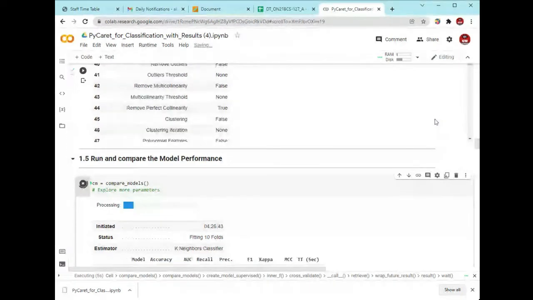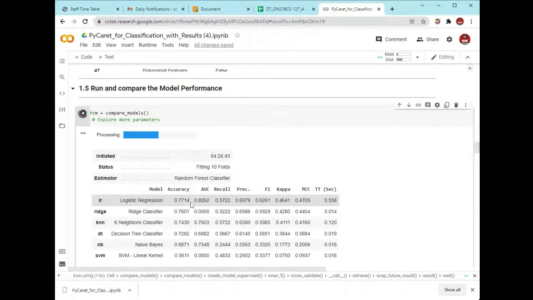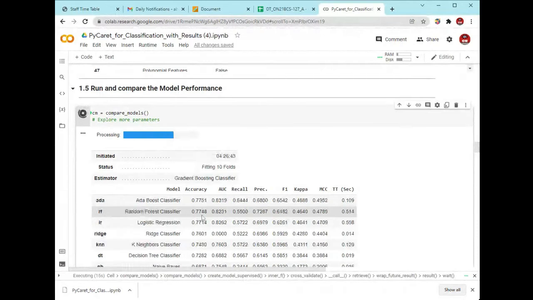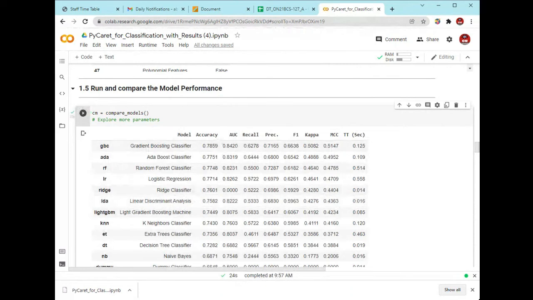All these models are shown right here; the process shows that logistic regression is giving this much accuracy, and the ridge classifier is giving this much accuracy. All these models are trained with this particular data set and it will show the accuracies of all of them. You will compare which particular model gives you better accuracy, and in future you will apply that model to get correct results for your data sets.